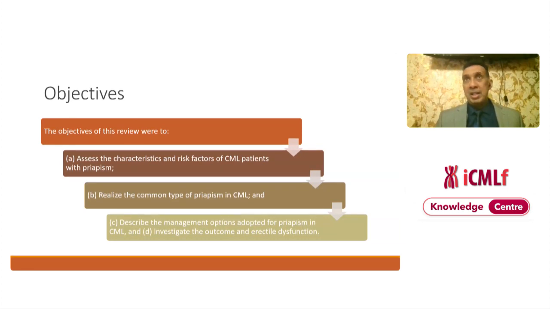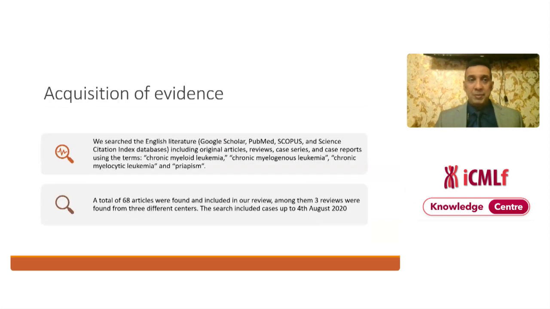I can tell you that we have reported our experience in adolescent and young adult in more than 300 patients. And the median age for our population was 32. In other countries, it was reported as 38, 42. So having a young population, you expect to have more problems with regard to fertility, priapism, or sexual issues. So it's worth touching base on this subject and illustrating what's going on.